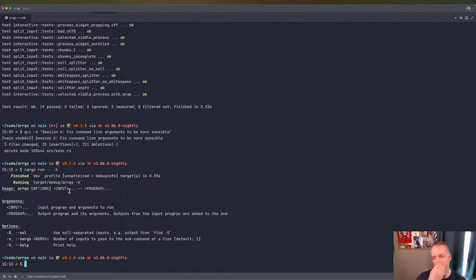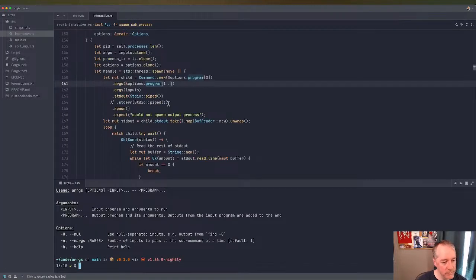You'd have to have the ability to reach into that parsing and handle it in a really stateful fashion, and I don't know that we want to do that. Okay, so